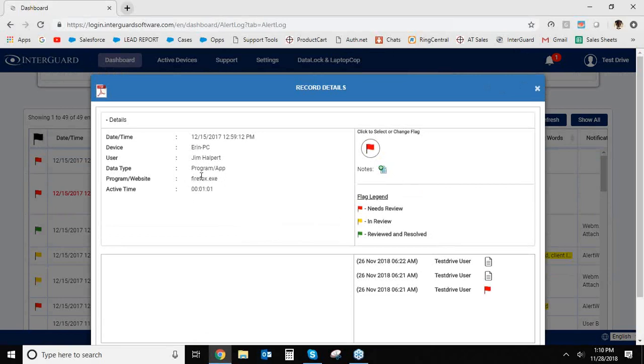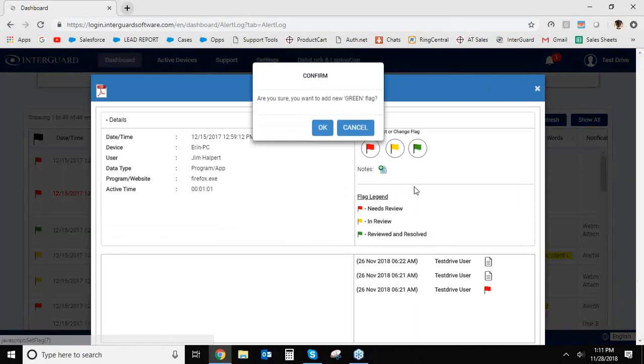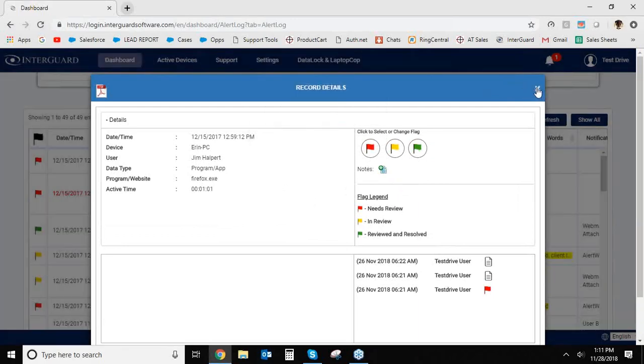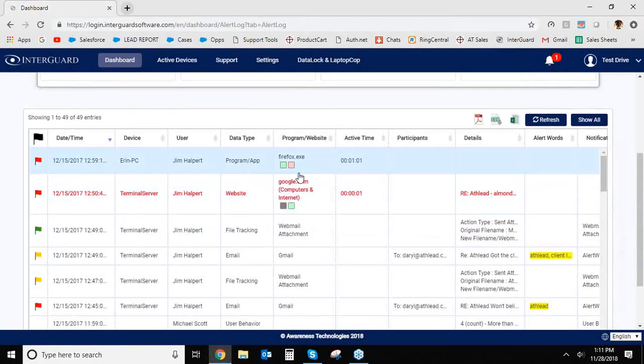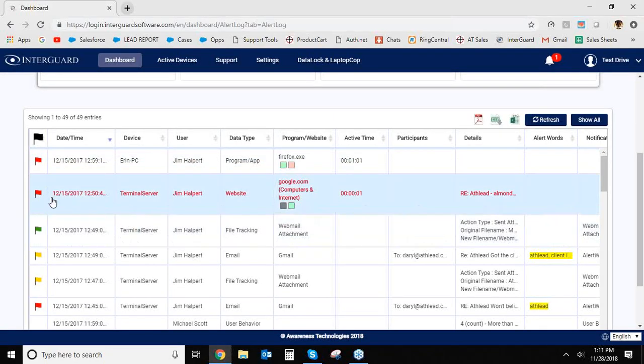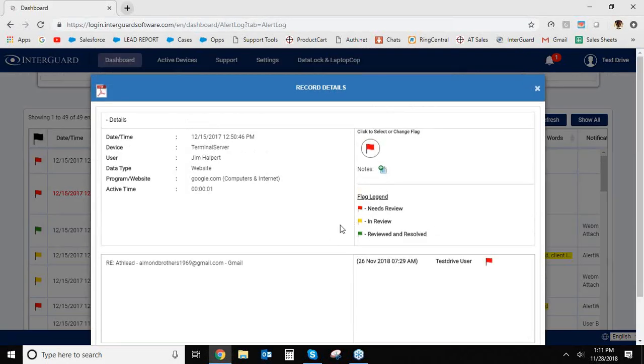You know what, Firefox, it's okay. I know they use it for their personal finances. So I can actually take this flag, click on it, and then change it to green. And then it would turn green, and I'd know that this is now something that's been handled. This next one, it's a website visit. It's to a website with an alert word or a type of website that I said I was concerned about. I can see that Jim went to,